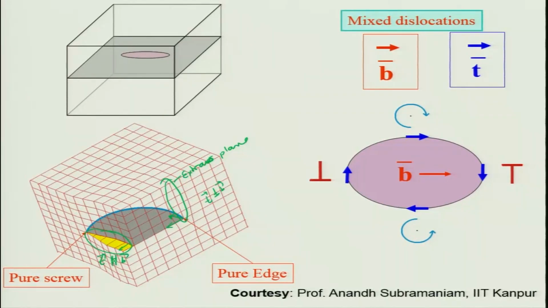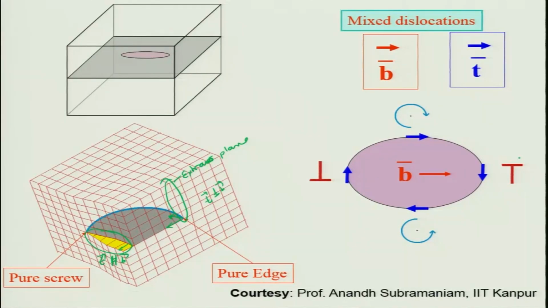As a result, you can have this in the form of a loop. If this is the overall Burgers vector that you have, wherever you have B parallel to T, that will make a screw dislocation, and the screw dislocation is depicted by these screws. This is the right-hand screw, this is the left-hand screw, or you can say this is clockwise and this is anti-clockwise, and so this is generally a negative screw dislocation and this is a positive screw dislocation.